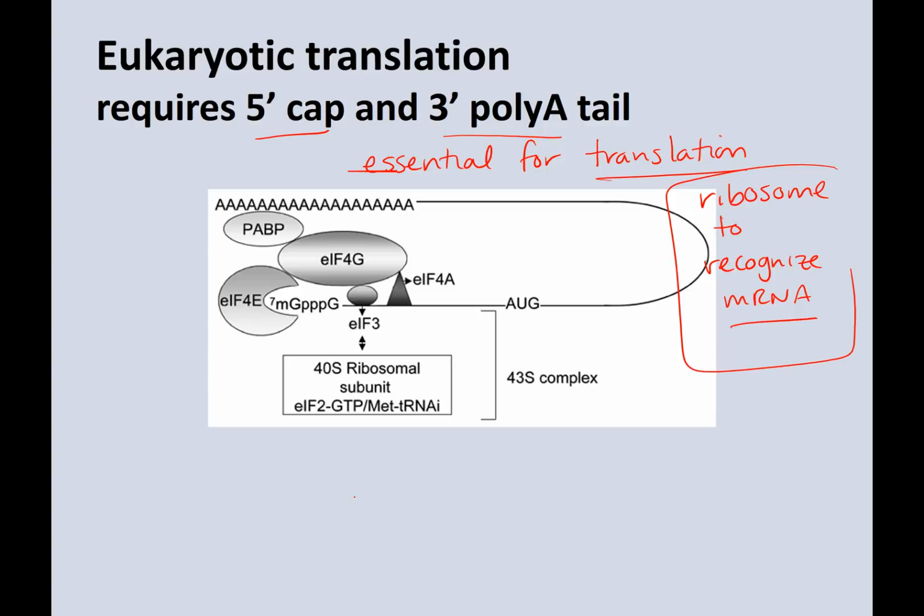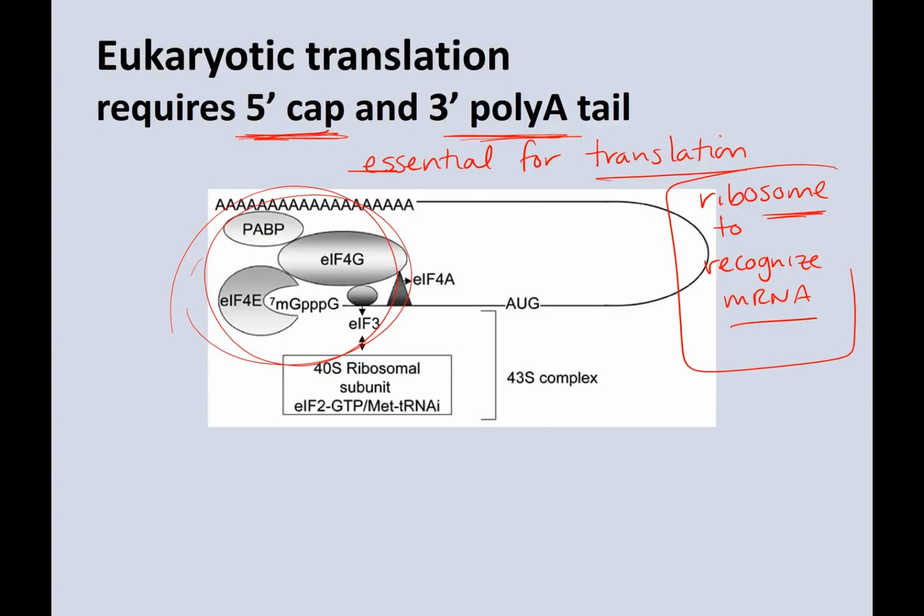RNA viruses do not use a host RNA pol2 to make their messenger RNAs. They use RNA-dependent RNA polymerases, which means they're not automatically going to get a 5' cap and a 3' polyA tail. They're still going to use the host ribosome. So somehow they have to have the host ribosome recognize their messenger RNA. And so that's what we're going to talk about, a few strategies